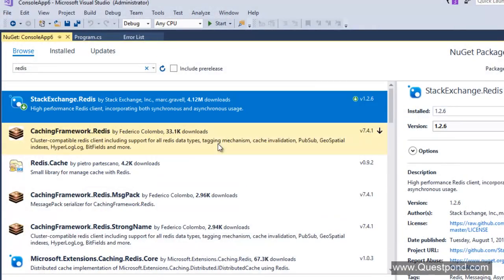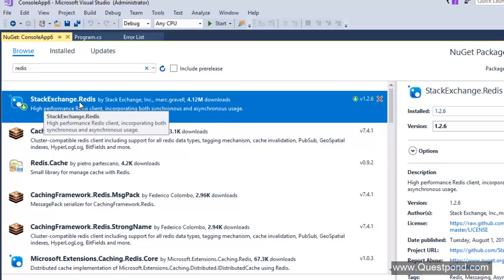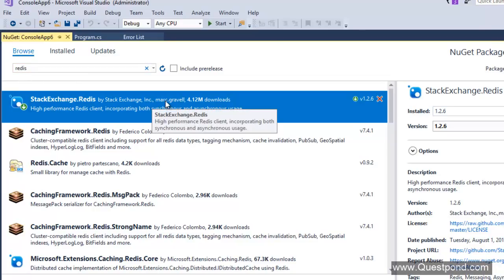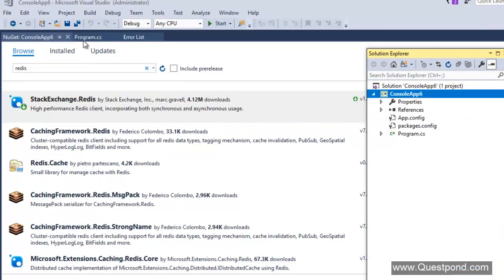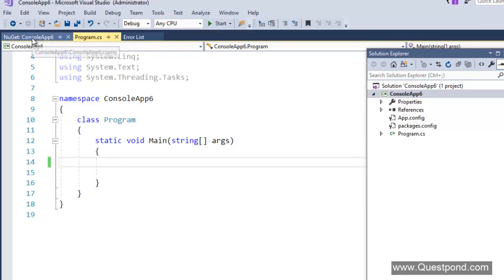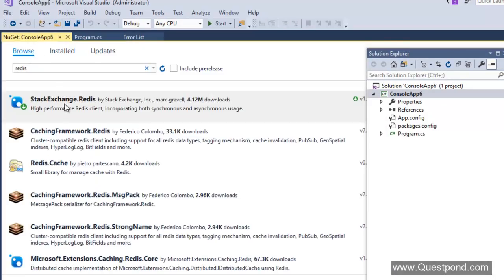So if you want to connect using C#, the first thing is you will go to NuGet, right? And in NuGet you will install this NuGet package, that is StackExchange.Redis. Okay, so you can see that I have clicked on NuGet, I have searched Redis, and I have installed it in my Visual Studio application. So in my Visual Studio I have a very simple console application, right? This is a console application. In that I have installed StackExchange.Redis.